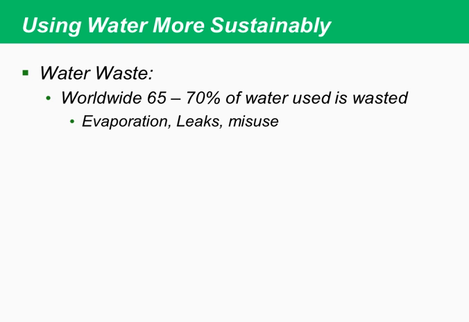Okay, so water waste. Worldwide, 65 to 70% of water used is actually wasted. And what's really important to know is that 60% of the irrigation water that is applied to the crops doesn't actually reach the crops themselves. So if we could use different irrigation methods, then perhaps we can also save this water waste. But the evaporation, leaks, and misuse of water is another big problem. So you want to create pipes that do not have access to sun, so that if you have a closed pipe system, then at least you will prevent evaporation.